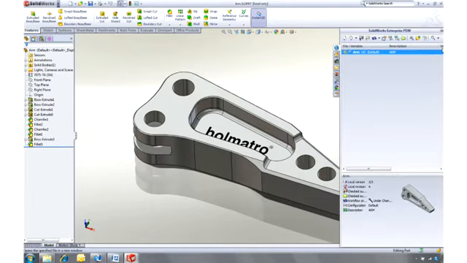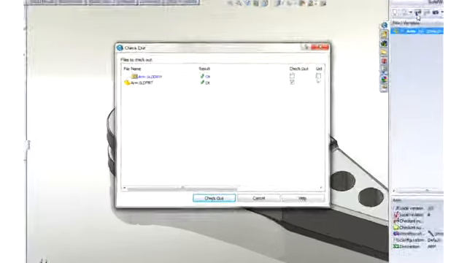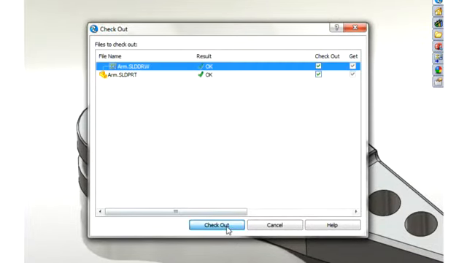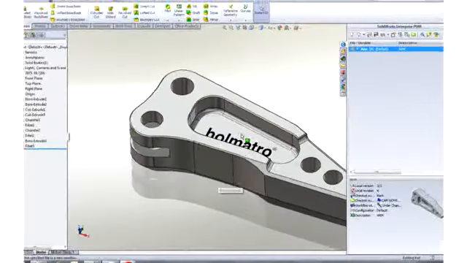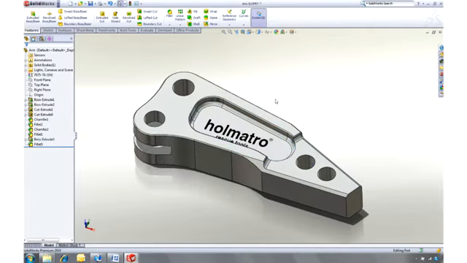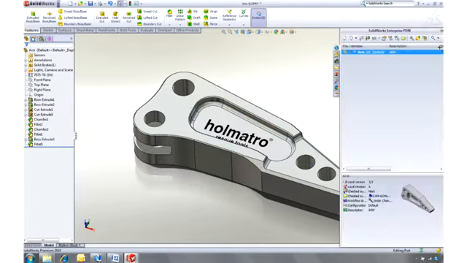That's when you need SolidWorks Enterprise PDM to safely manage all your data in a centralized, secure vault, so only authorized users can view or make modifications. So first, we must check this part and its drawing out of the vault before we can make any changes. Both files are now locked, so nobody else can make changes to them until they're checked back in, avoiding any conflicts. So we've made a quick change using Instant 3D, but how do we know if this change affects any